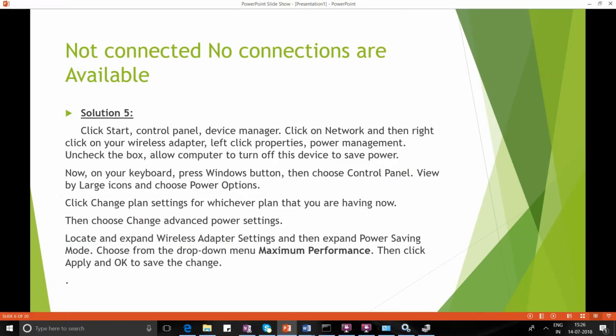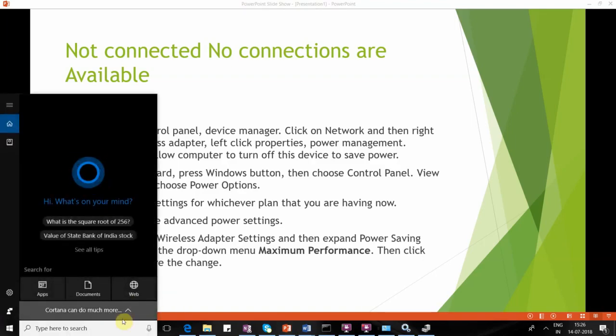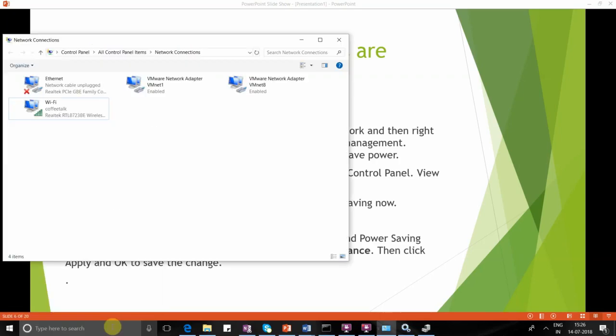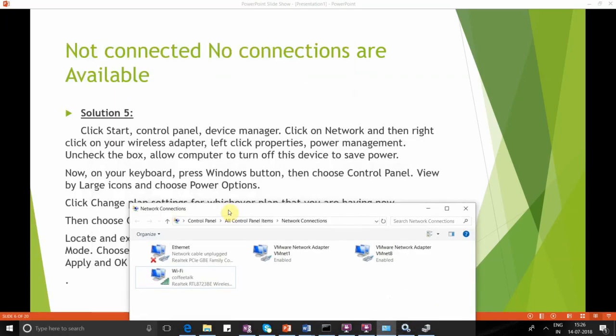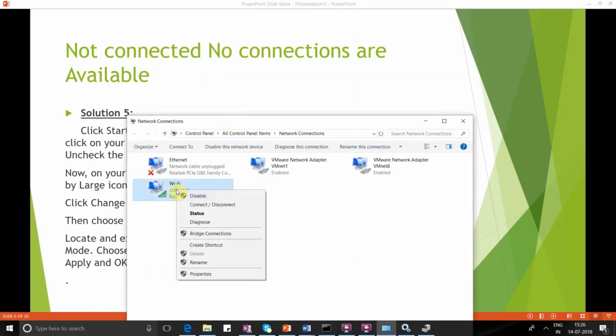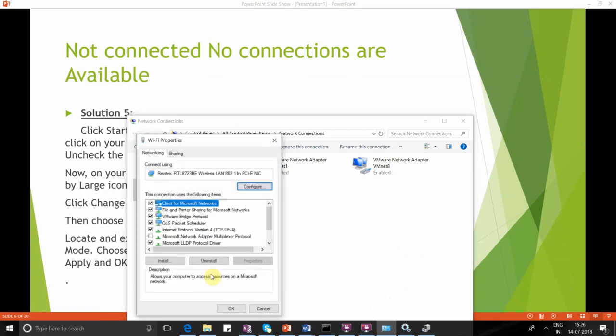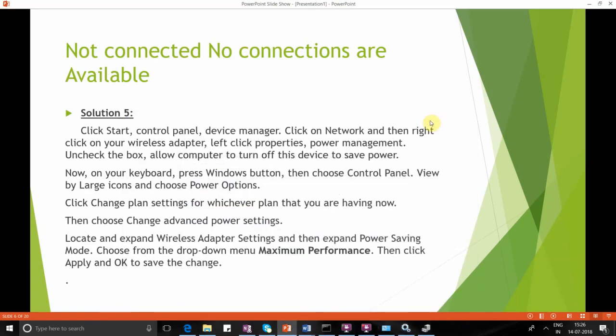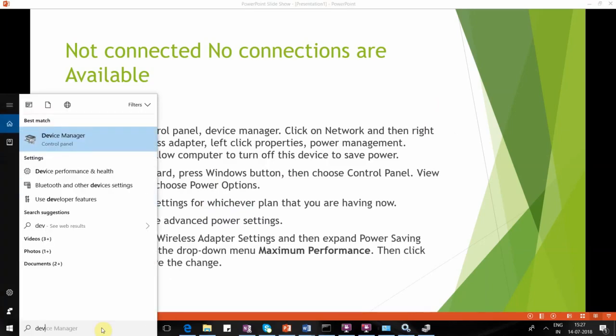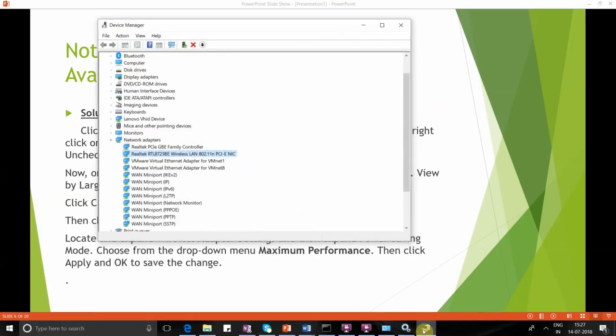Okay, the next solution for this problem is you have to go to Windows Start and type ncpa.cpl, and right click on the wireless adapter, click properties, I'm sorry, it is device manager once again. So go to device manager,